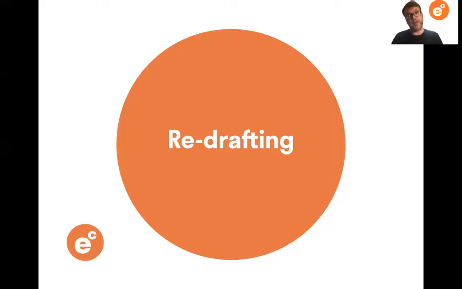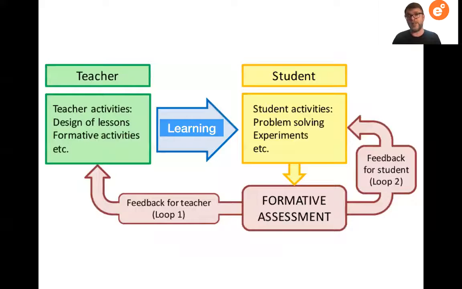Redrafting is the next one, and a pretty obvious strategy for feedback. You've seen in Austin's Butterfly how effective that can be, but make sure that you're actually planning in that opportunity for redrafting. If you look at this sort of assessment for learning flow map that I found as an image, it's just online, you'll probably find it as well.